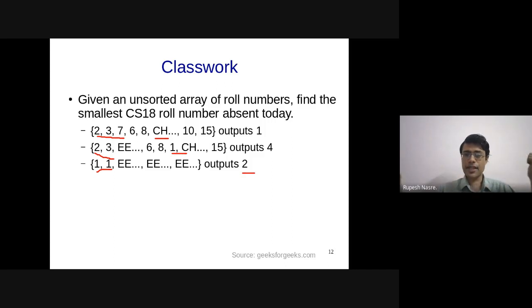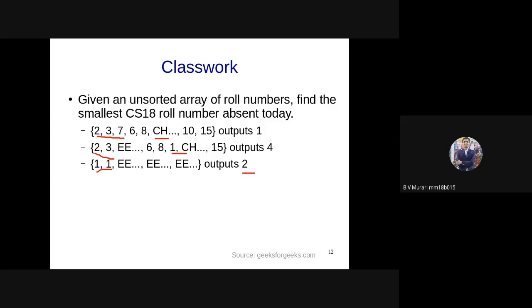Right? So you can sort the array, and then go over the array to find out which one will perform better. In general, n square could be a sorting time, but sorting can also be done in order n log n time. So we can say that it can perform in order n log n time. Good.